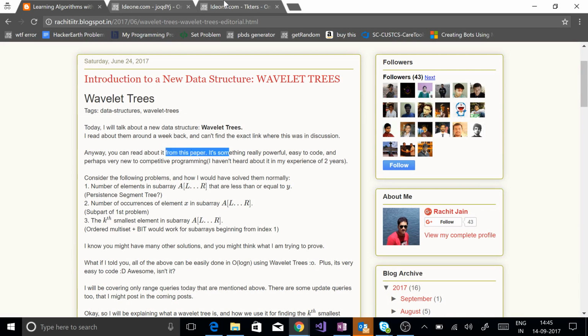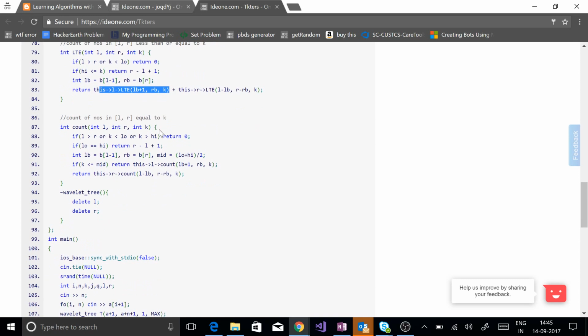Okay, fine. And the last one is similarly to count the number of occurrences of the number k in the subarray L2R. So again, it's still the same. These are the base cases. If k is less than low, then no element can be equal to k.